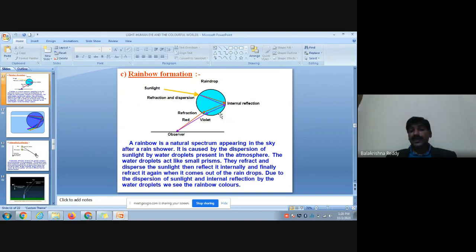So because of the critical angle 42 degrees, if it is more than 42 degrees, the light ray, if it is incident, then only it will go through the TIR process, meaning internal reflection. Otherwise, it will travel straight if it is below 42 degrees. There is a chance of formation of more than one rainbow also. But in such a case, what happened? The light ray which is going under total internal reflection, again this incident angle also is supposed to be more than the critical angle, then it will go through TIR again.